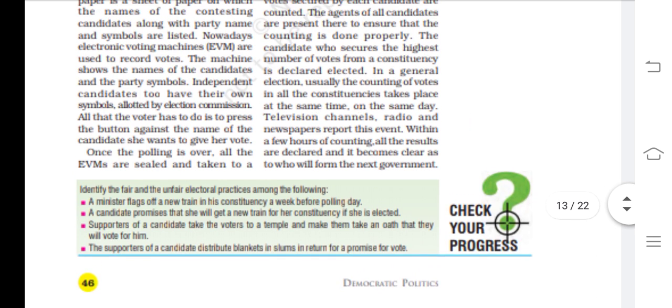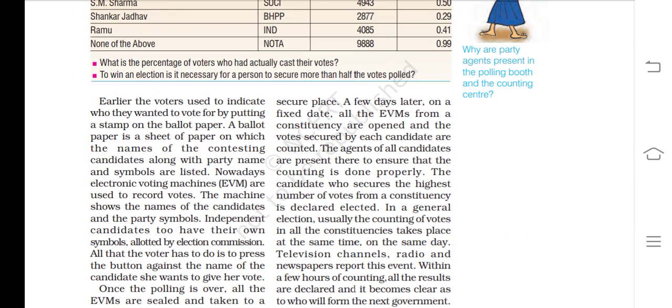Earlier, the voters used to indicate who they wanted to vote for by putting a stamp